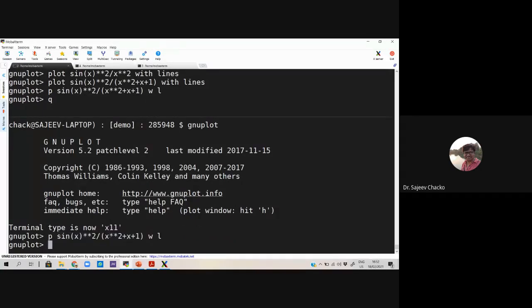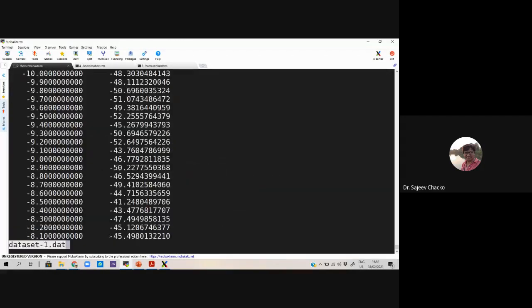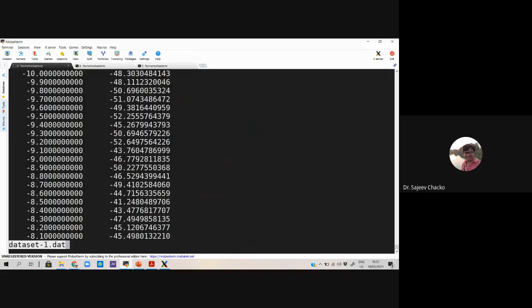Then I can say I have a few data files. Let me see what I was using, but let me first show the data. The data is like this. It has the x-axis and y-axis in two column format.